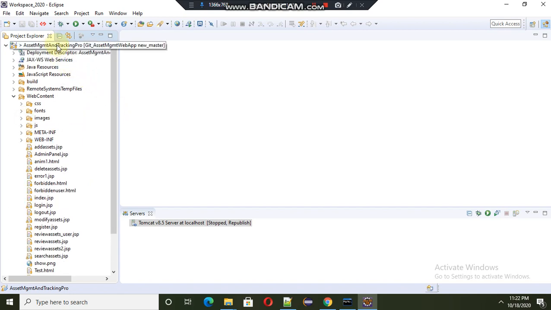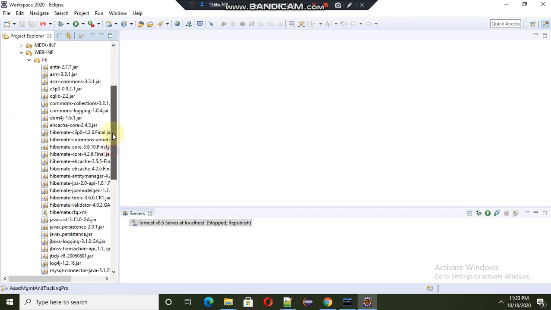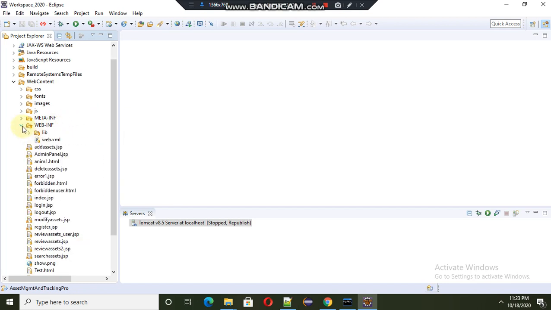So inside this project, everything is available: CSS, your images, JavaScript code, JSP, HTML, and all your jars. So this is a cool thing. All folders, all dependencies, all jars are already available in your project, so you don't need to install them manually.